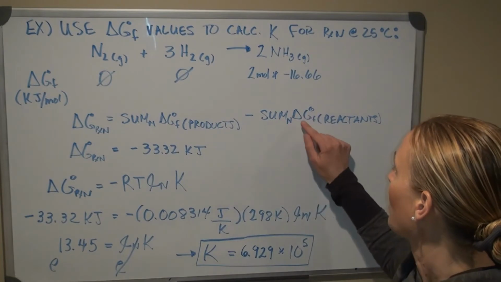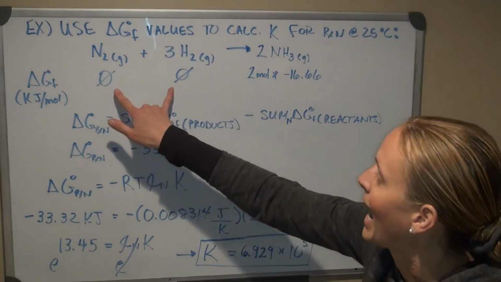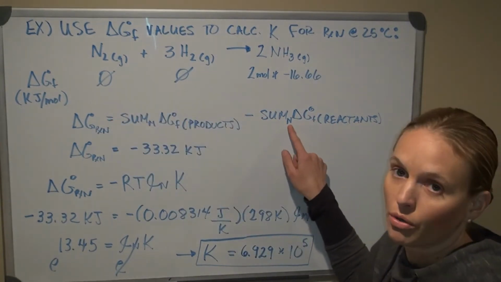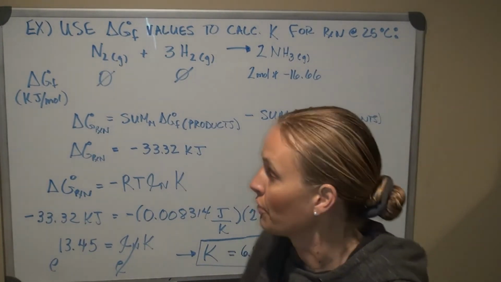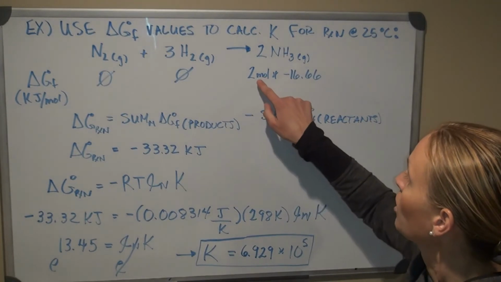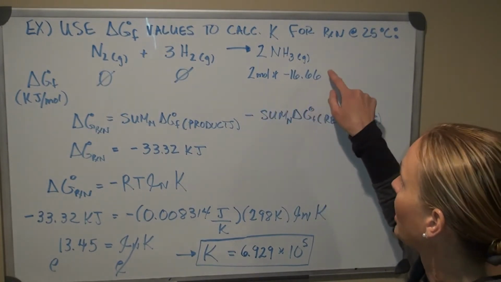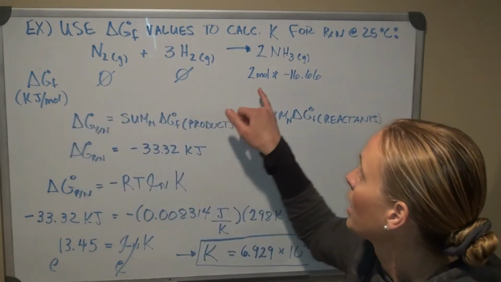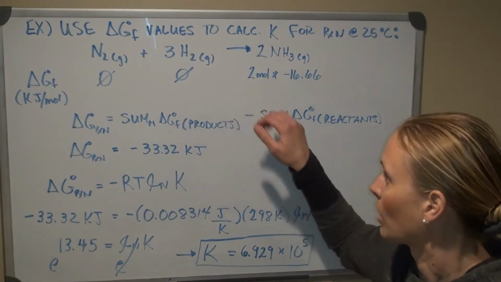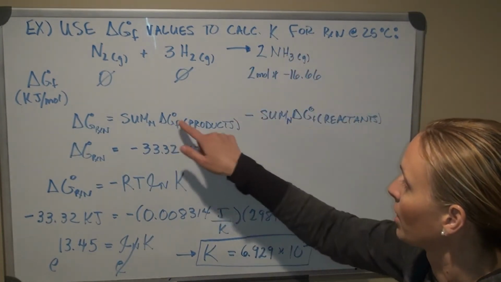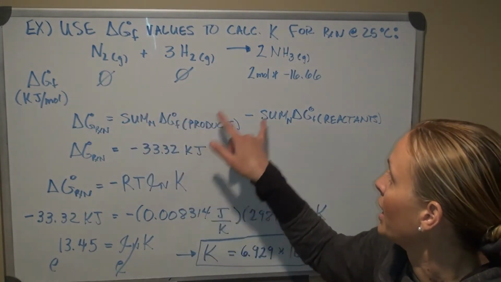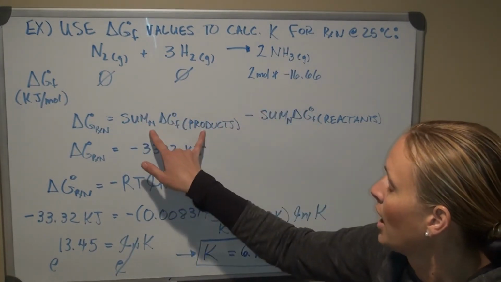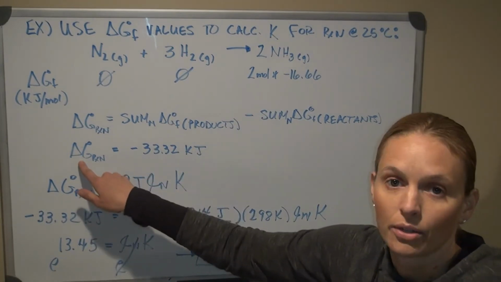Minus the sum of the delta G of formation of the reactants with respect to their mole coefficient. So it's the sum of the products minus the sum of the reactants when you take into account the mole coefficients as well. Okay, so 2 moles here multiplied by a kilojoule per mole unit there gets rid of my mole units. So I already kind of account for that up here, so I don't need to do it down here. Since these are 0, then